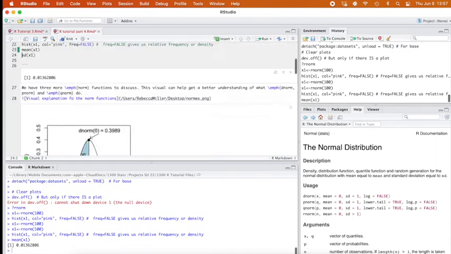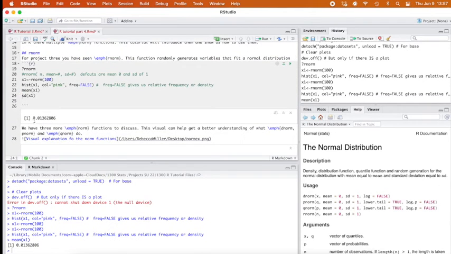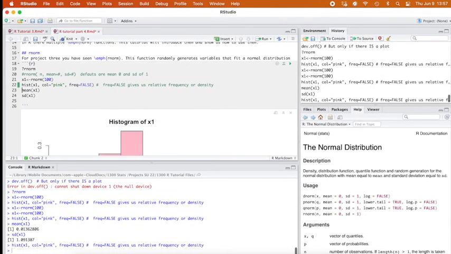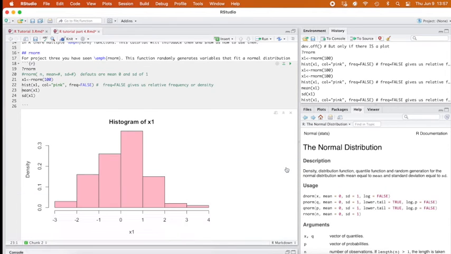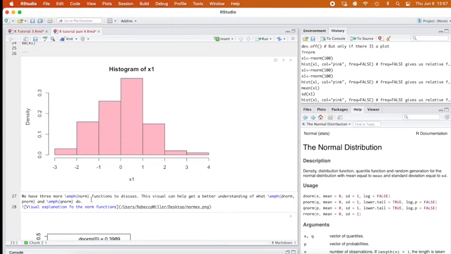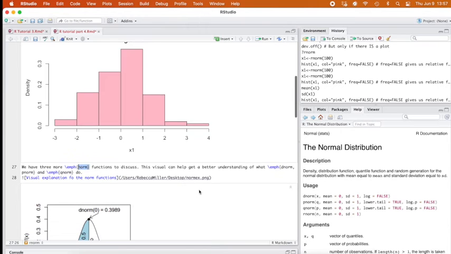I can also calculate the mean. The mean is 0.013, so again, very close to 0, and our standard deviation is 1. But I want to make sure we can see this histogram. Okay, so we've got our histogram, but there are 3 more norm functions that we need to discuss, and I'm hoping this visual will help you get a better understanding of what dnorm, pnorm,